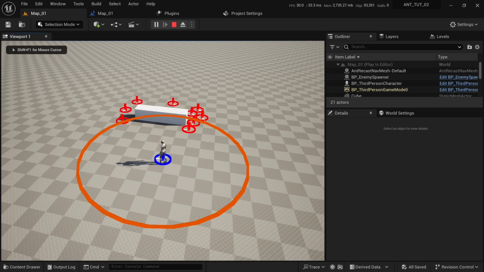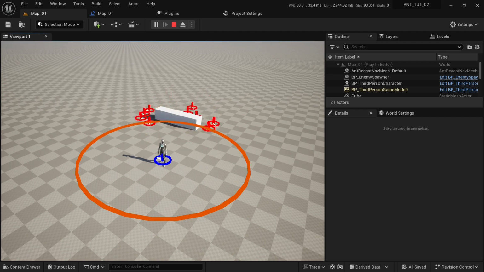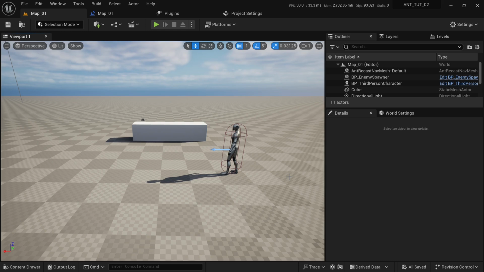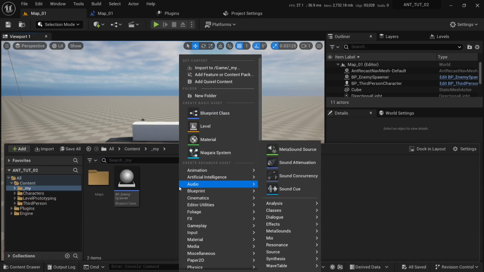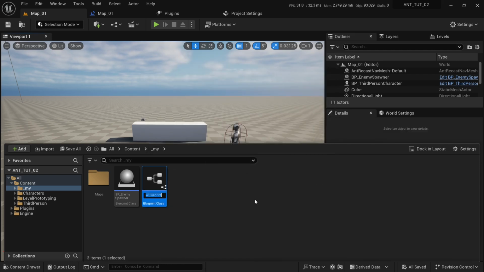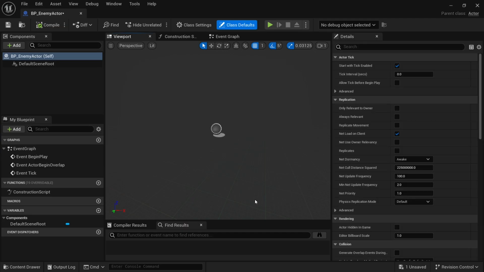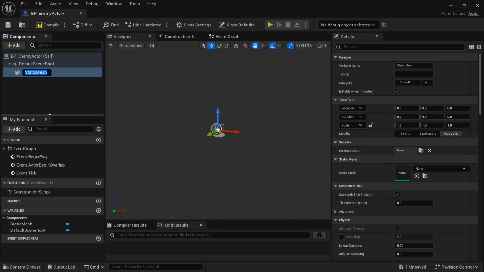So let's attach real actors to these agents and make them all move together. So first let's create an enemy actor, right? Create blueprint class actor, enemy actor, and let's add a static mesh, for example